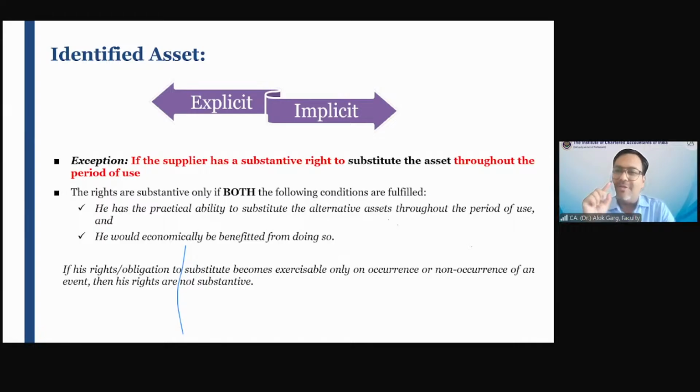While lessor is replacing the asset, it is not for the lessor's benefit. Even lessor has a loss in that. Lessor has to engage 2 cars, right? I mean to say, one which is into service, or into the repairing center, and one which is used by the lessee. And lessor is getting money only for the 1 car. Instead of benefit, lessor has a loss. Okay. So you're right. And lessor does not have a practical ability to replace the asset in a normal scenario. So lessor is replacing the asset only when it is benefiting the lessee, not the lessor.